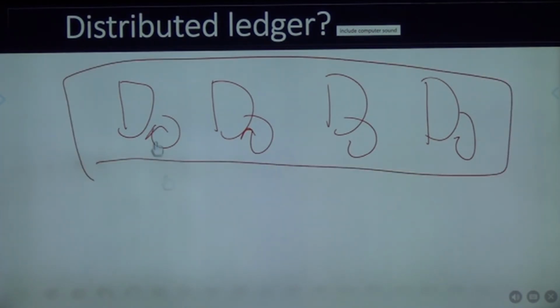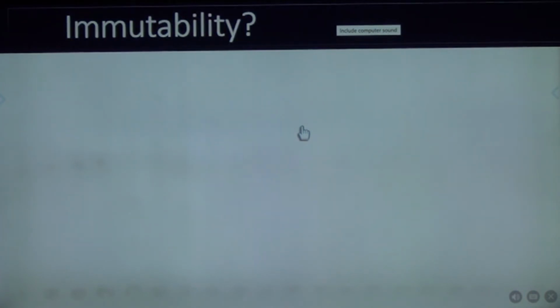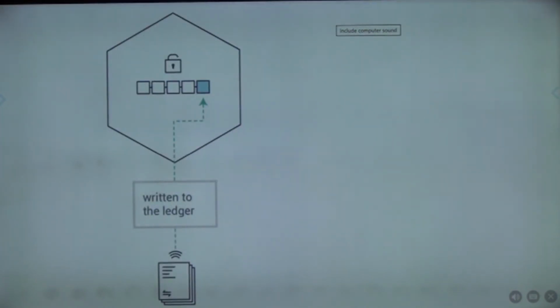And all these nodes have a certificate from a certification authority, so that if anybody tries to do something, for example a student tries to get someone else's transcript, the system must not let that happen. And immutability: we know that you cannot amend it because a copy is with every stakeholder, so nobody can just go and change it. Okay, now if you look at it, logically this is how it works.